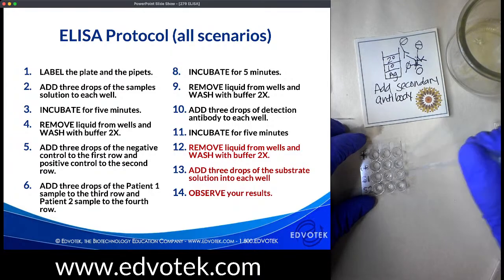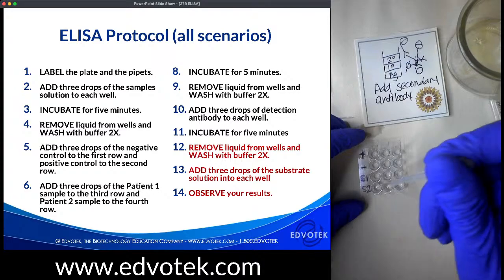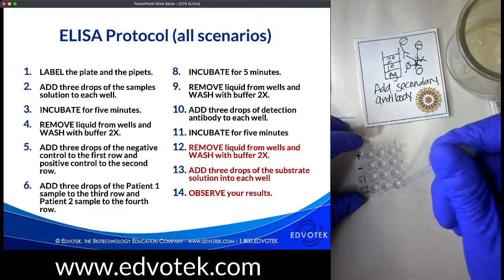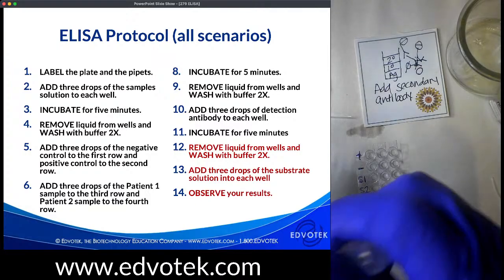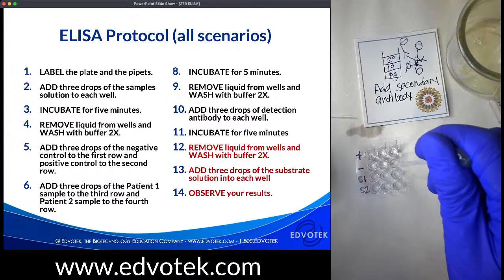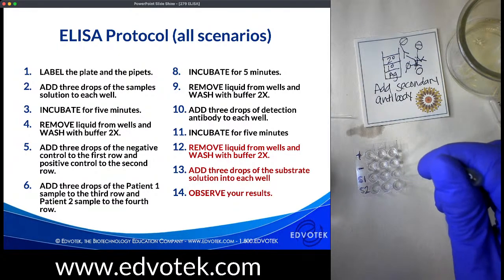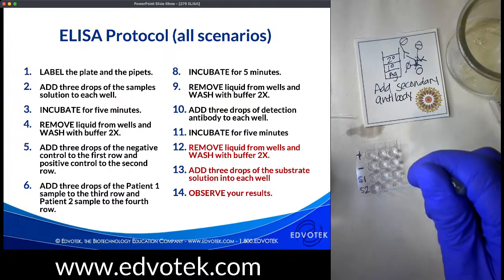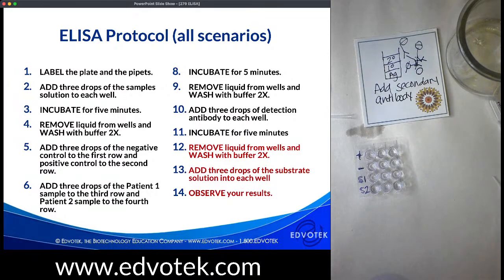So now we're going to see how good I am at keeping all these samples separate. But trust me, once we get the substrate in here, our color change reaction is going to happen fast because it's actually very warm in my office, and the heat is going to increase the rate of our enzymatic reaction. So this is my first wash. Again, we're going to be careful not to cross-contaminate between samples. If you overfill the wells, they could potentially run into one another,